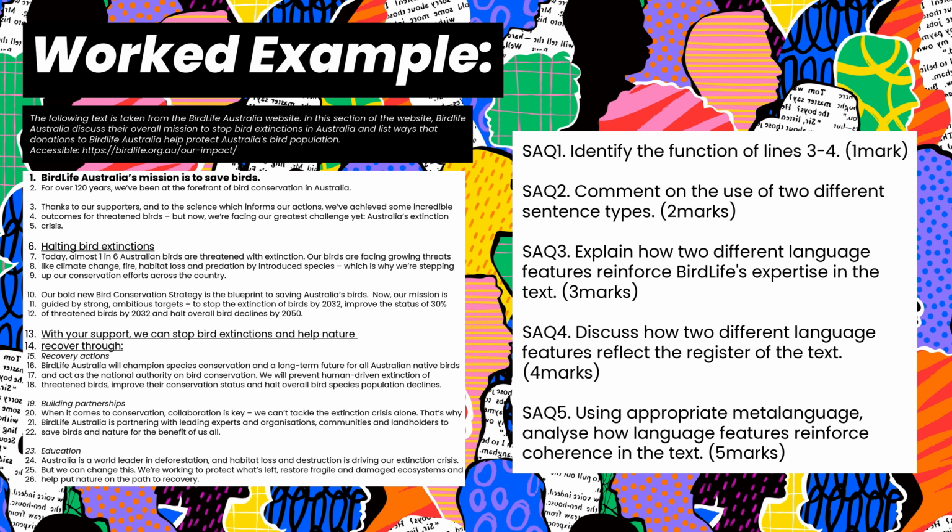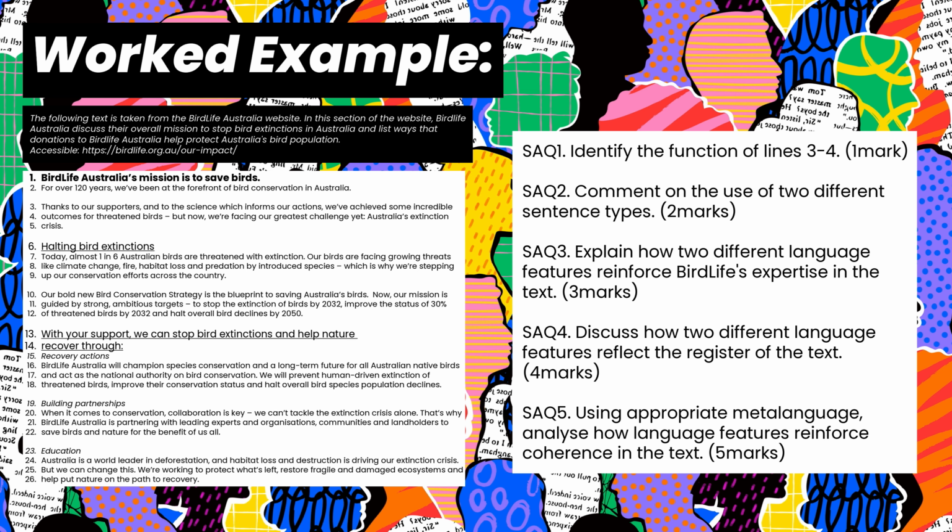I'm going to give you a moment to have a look at this text and the 5 short answer questions that are listed on screen. Remember to read this text 3 times. The first time, you're thinking about what the key ideas in this text are. The second time, you're aiming to identify those elements of the FERTAC. And the third time, you're looking carefully at these short answer questions, thinking about whether you can identify the language features in the text that are required to answer each of these short answer questions.